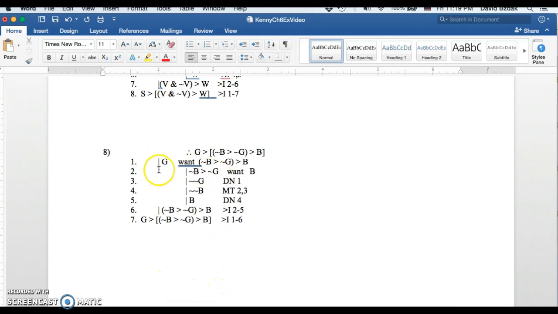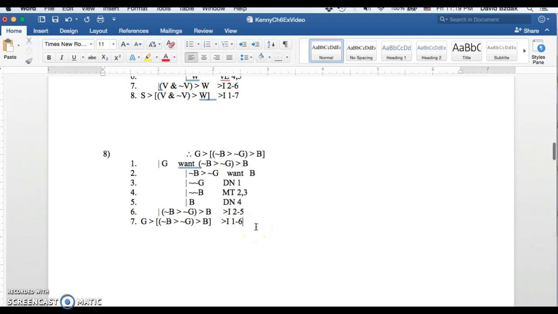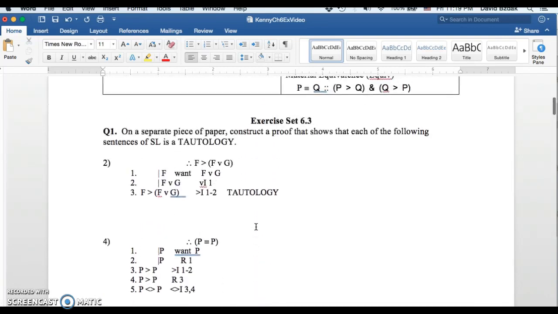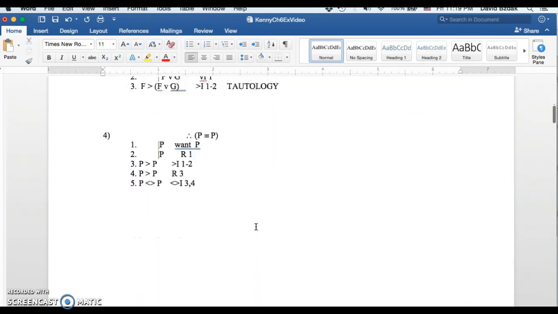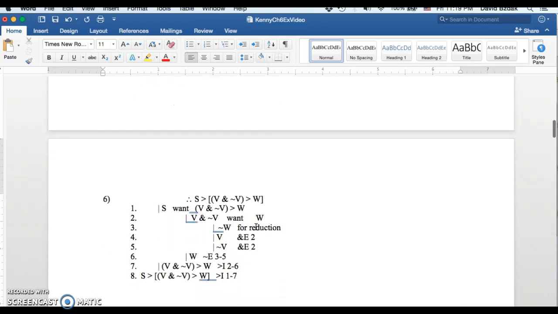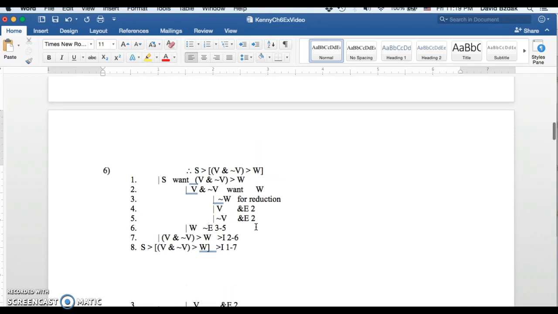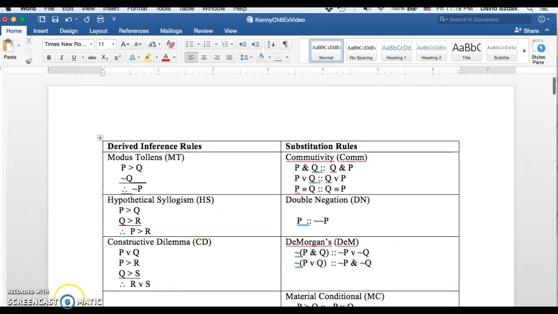Okay, so again, this is all done with no premises, right? These are assumptions you make, but they're not premises, right? We're not sure if they're true or not. But we do prove this final sentence. We prove it from no premises, which again proves that it's a tautology. Okay, so I hope that helps with the odd numbered problems. Again, there's other things you can do with these rules as well, consistency, equivalence, etc. But tautologies are just about all we're going to get